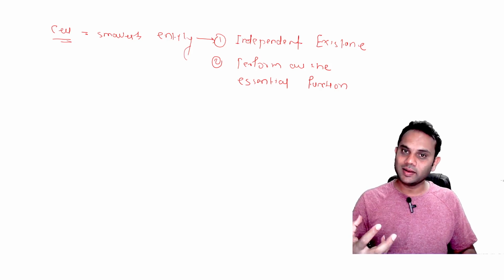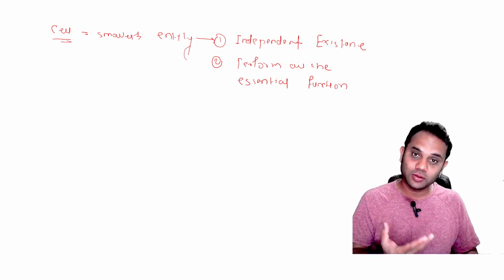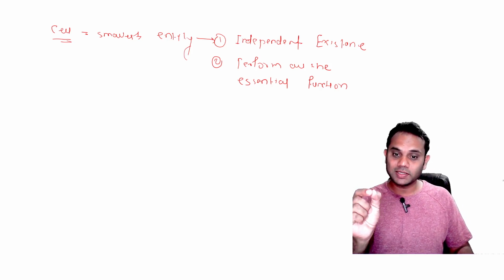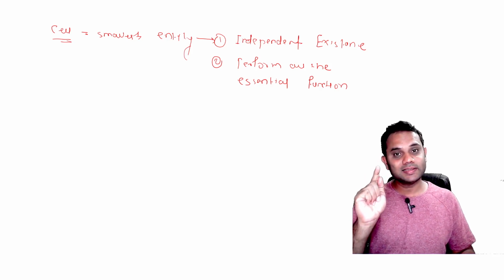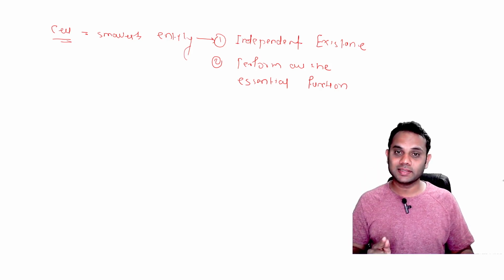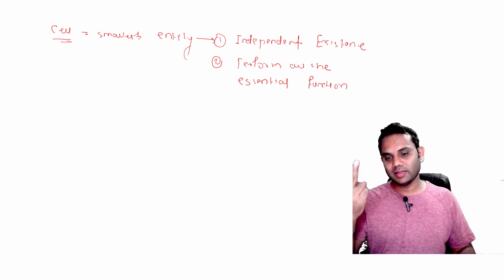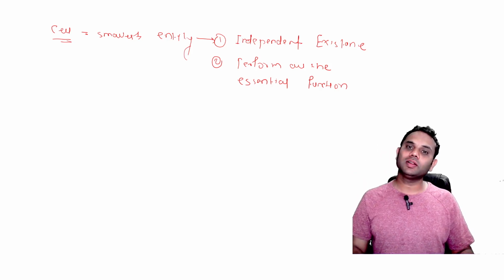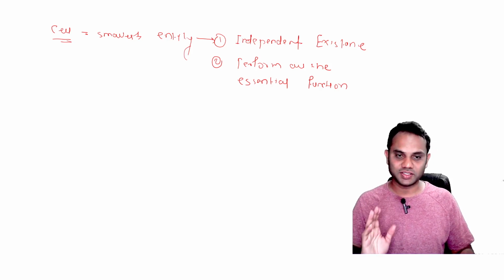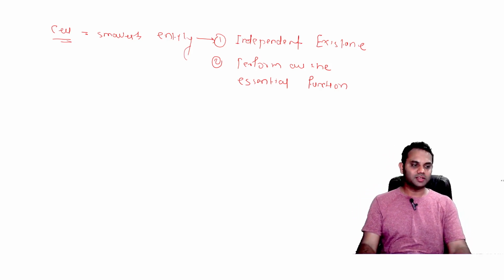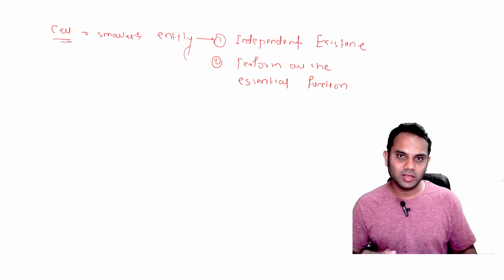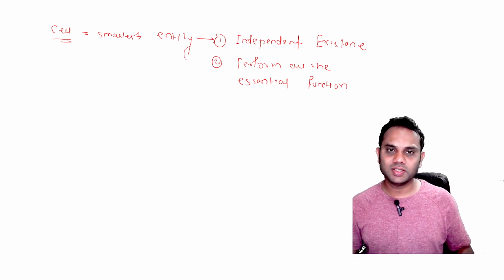Therefore we find unicellular organisms, because every cell has independent existence, right? And the second thing is that they are able to perform all the essential functions, okay. So in your NCERT book it is mentioned that